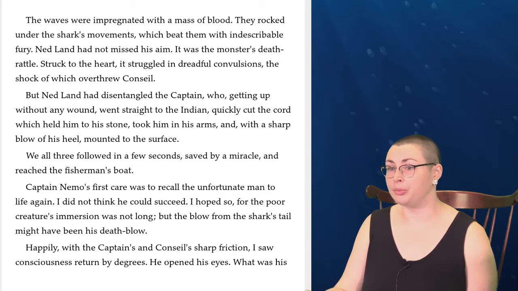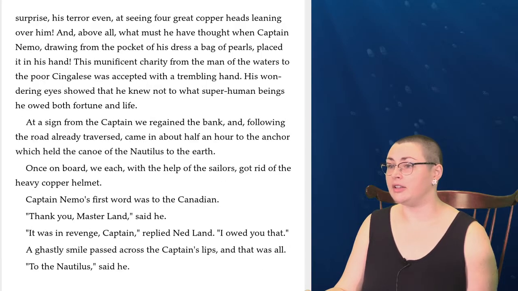I hoped so, for the poor creature's immersion was not long, for the blow from the shark's tail might have been his death blow. Happily, with the captain's and Conseil's sharp friction, I saw consciousness return by degrees. He opened his eyes. What was his surprise, his terror even, at seeing 4 great copper heads leaning over him. And above all, what must he have thought when Captain Nemo, drawing from the pocket of his dress a bag